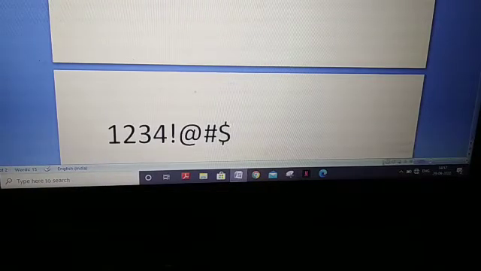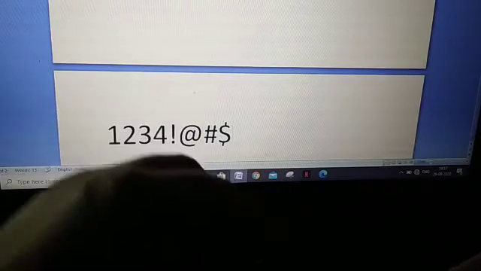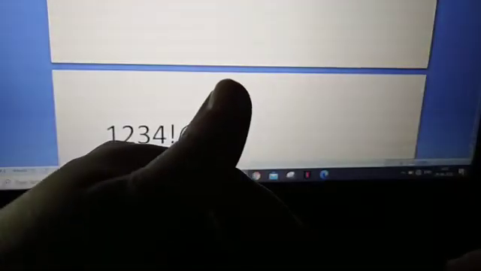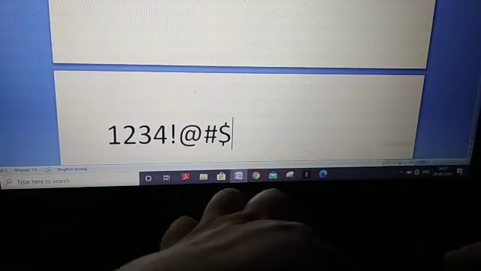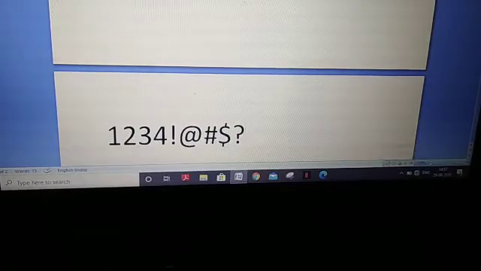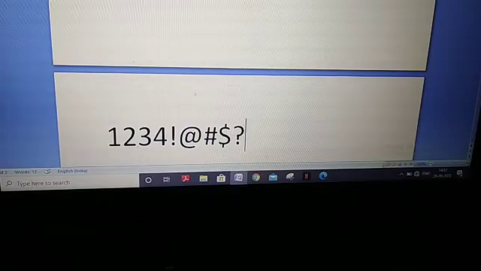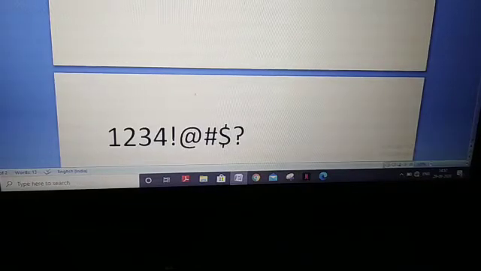So to type the upper symbol of keys, we press the shift key. If I have to write a question mark, for the question mark also we have to hold the shift key, then press the question mark key. So the question mark appears. Understood now? I hope you understood. So this is the first use of the shift key: to type upper symbols.